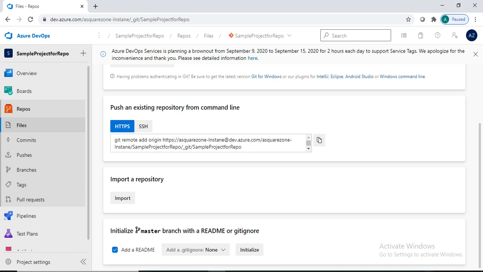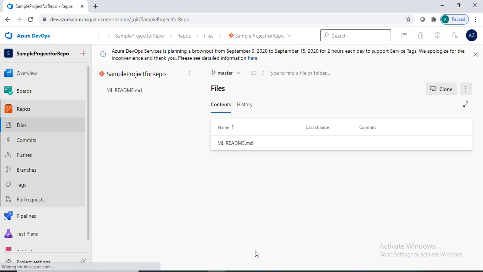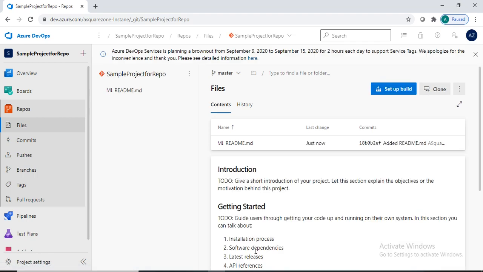And I'm creating one new repo here, so I'm just giving two files here: add a readme and add a .gitignore file. The .gitignore file is useful in some cases, like if you want to restrict some packages from being included in our project. So using this .gitignore file we can do it. So I'm going to click on initialize. So it is initializing one repo for me. But here by default it is taking the same project name as the repo name.